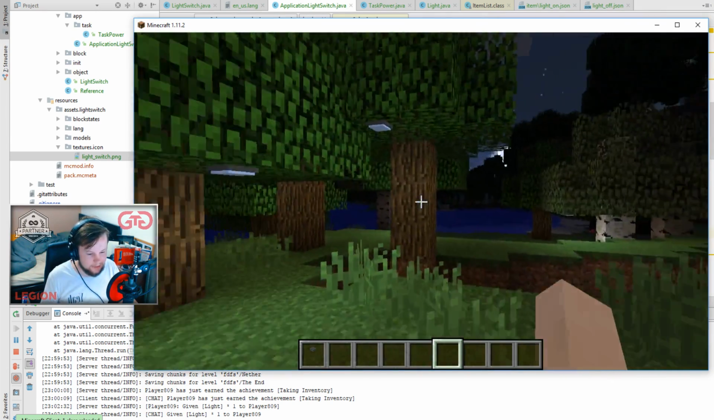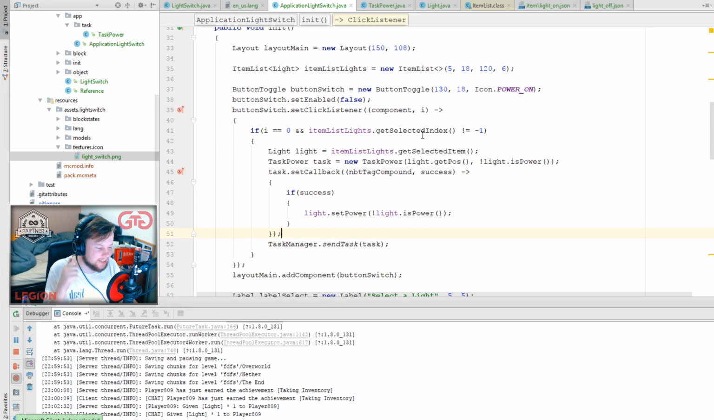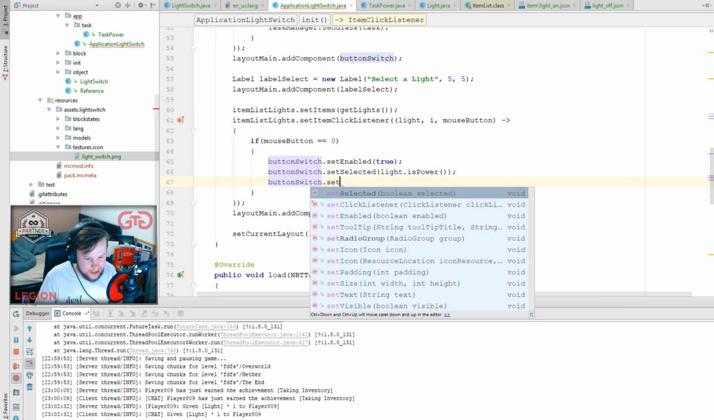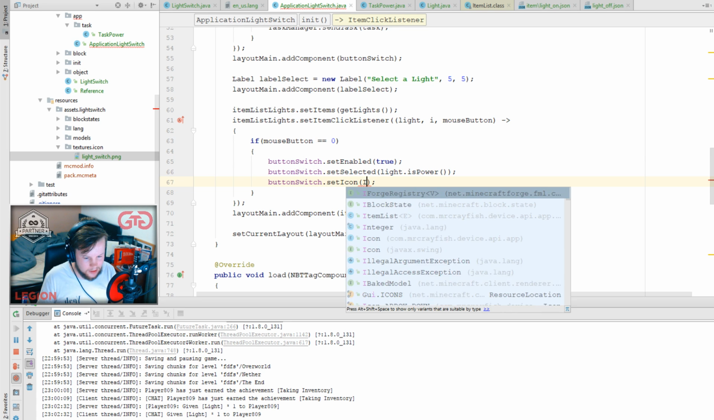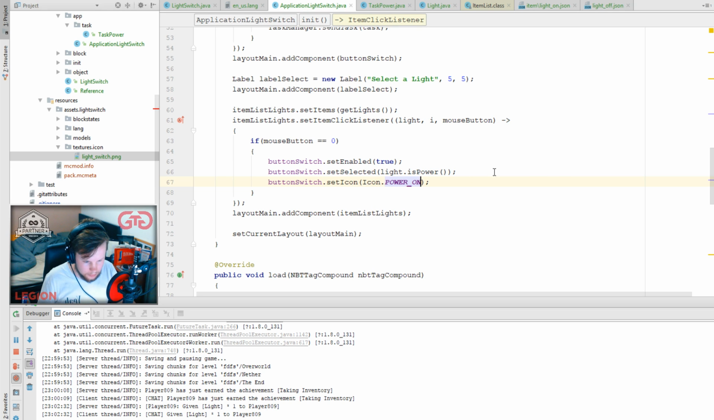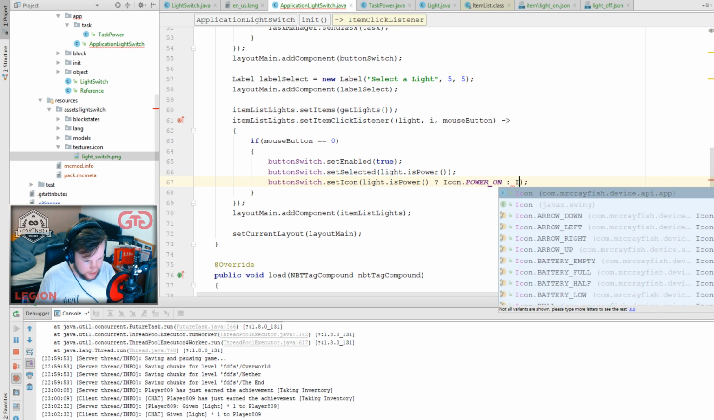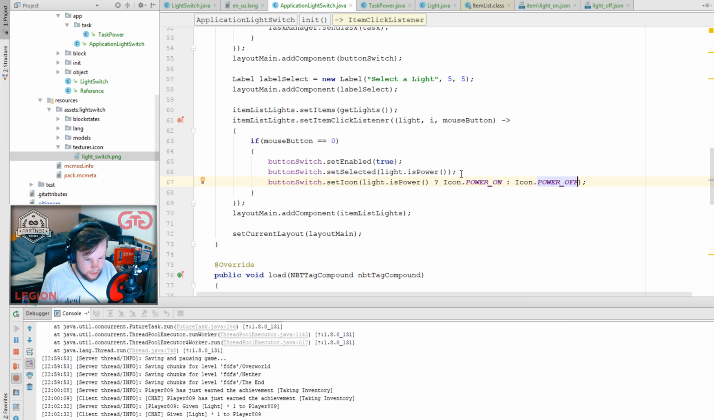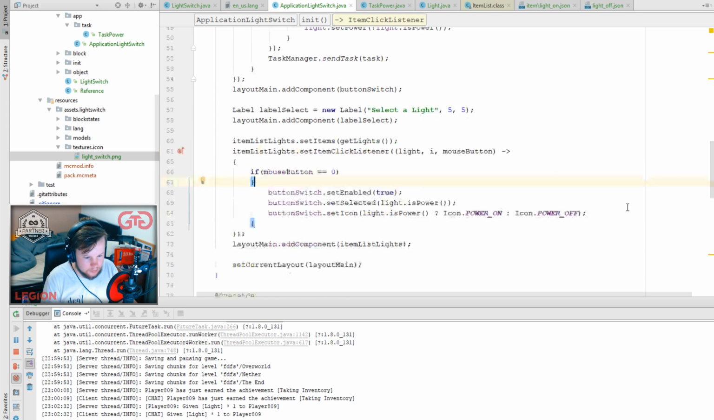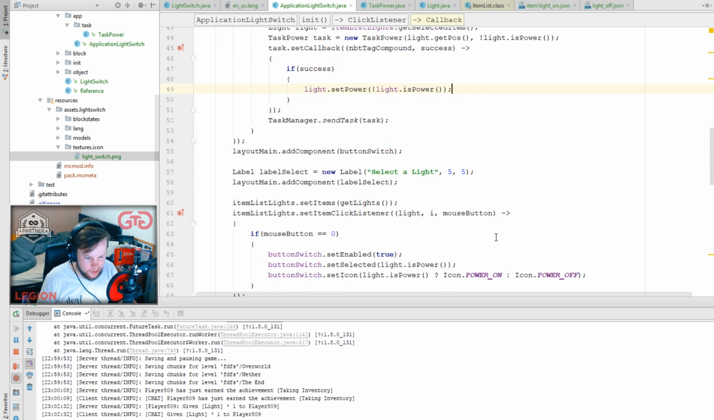I could even do this. I know we finished, like, we got it working at the end, right? We got it working at the end. We can do actually button switch dot set icon dot power. Alright, we can do this. If it's power, right? Power on. Otherwise, icon dot power off. And we'll do that, and then we can also do here